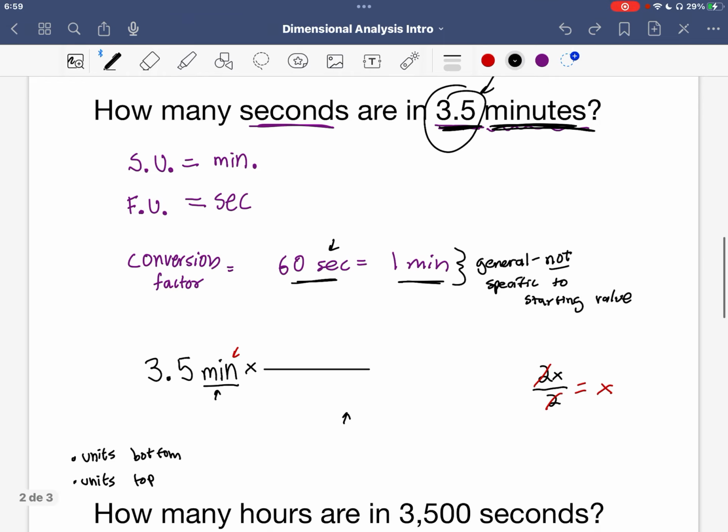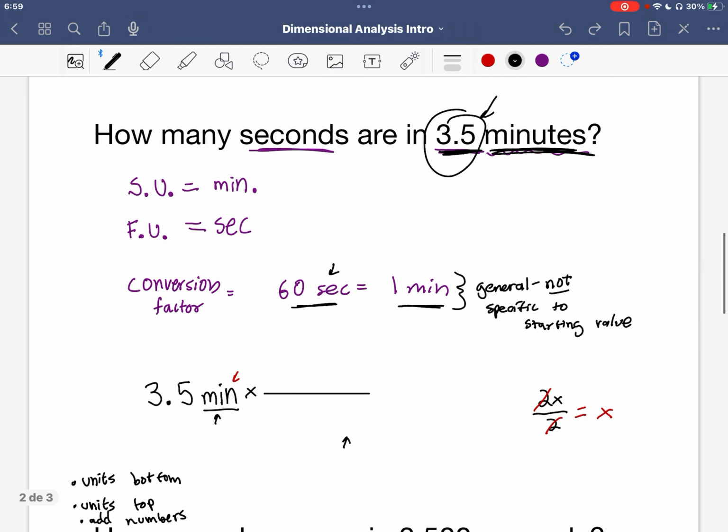and then I'm going to add numbers. Units on bottom, units on top, and then I'm going to add numbers. So minutes on the bottom, so it will cancel with minutes. The conversion factor I have with minutes relates it to seconds. And then I figure out what makes sense. Well, 1 minute is equal to 60 seconds. So I put the number next to the